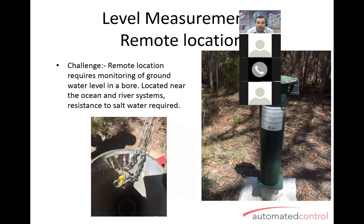First cab off the rank is remote location. So I've got a borehole in the middle of nowhere. Got some hydrologists trying to measure the aquifer, trying to figure out what's happening when it rains, what happens when they pump from it, and how quickly it recovers. So what do you do? You can build power lines and build a whole infrastructure, or you can use a STS battery-powered